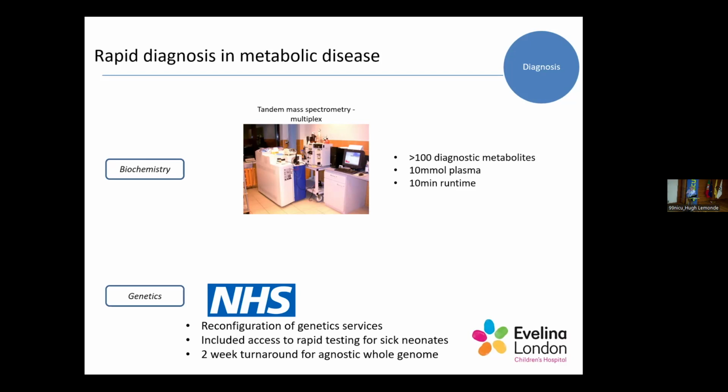We're very lucky at the Evelina. We have a research lab that has developed something that we call the multiplex. This is where they can take 10 microliters of plasma, so a very small amount, measure over 100 metabolites at once, and get an answer in around 10 minutes. So the reality is that if we have a sick neonate on the neonatal unit or our pediatric intensive care unit, we can grab a sample, take it to them, and sometimes have a diagnosis very quickly. We're trying to move this into our routine labs